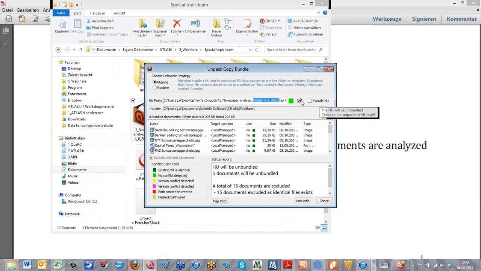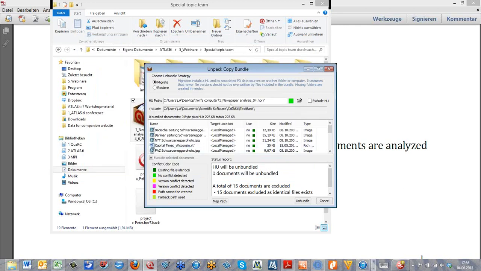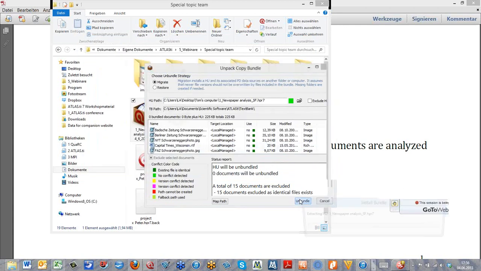I should have done this before. Let's do this again. I could also add the name here, of the person now unpacking the bundle to continue to work. So in my case, let's say it's F for the initial, and then I save it directly under this new name, and I click on Unbundle,